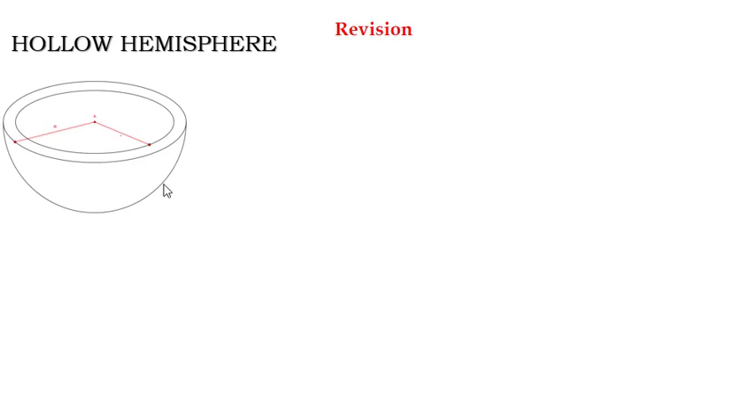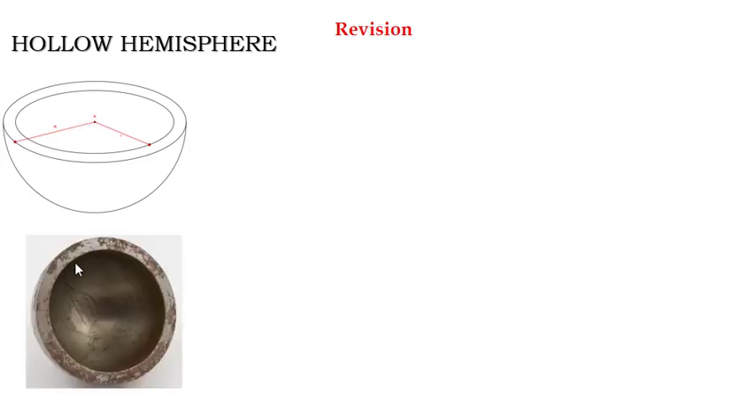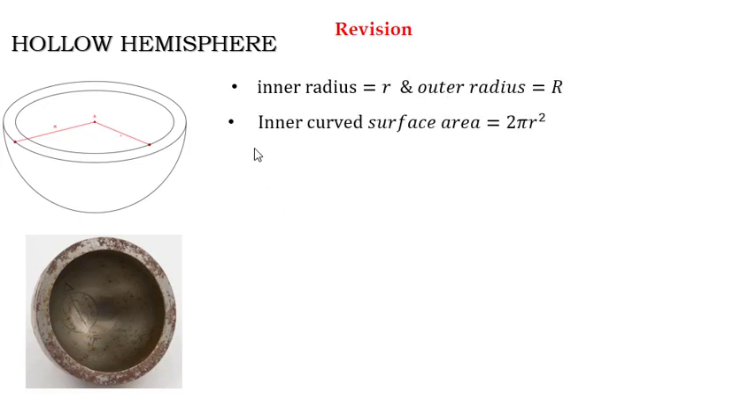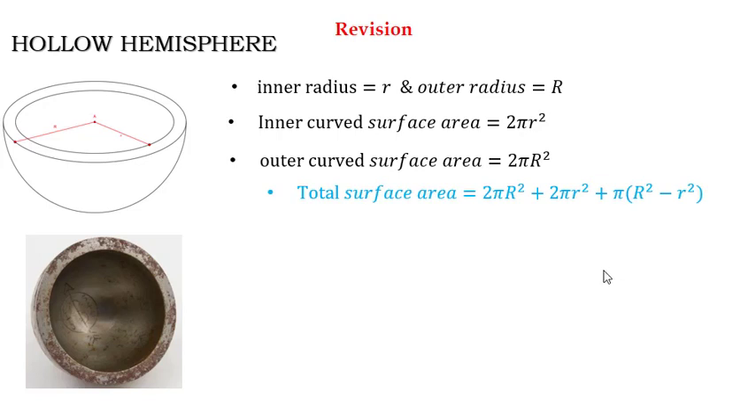For hollow hemisphere, we have again two radii, one small r, which is inner radius, and capital R, which is outer radius. You can see this indicates how the hollow sphere is in practical life. Now inner curved surface area, if we find, it is 2 pi small r square. Outer curved surface area will be 2 pi capital R square, and for total surface area we add inner curved surface area plus outer curved surface area plus area of this